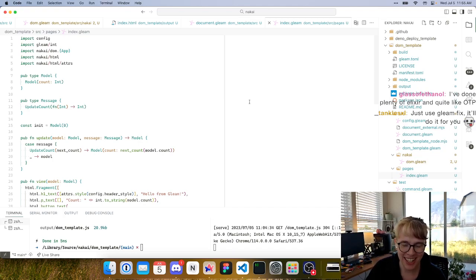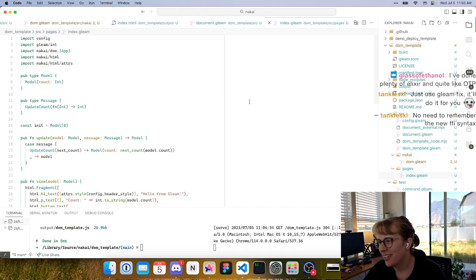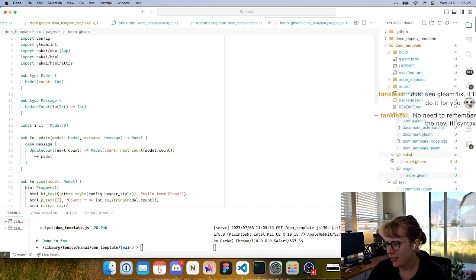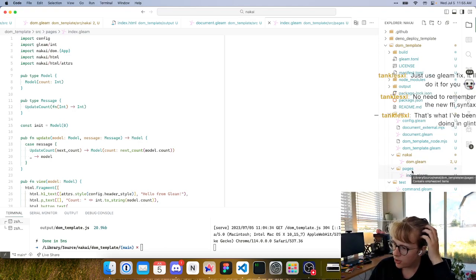That's a good point, because it has Gleam Fix, so I can just write old style FFI and then run Gleam Fix and it'll do magic for me. That would be a great way to learn that. Okay, okay. So